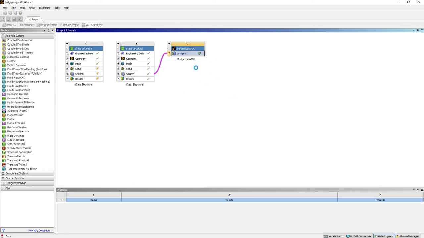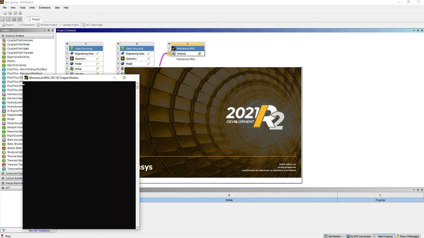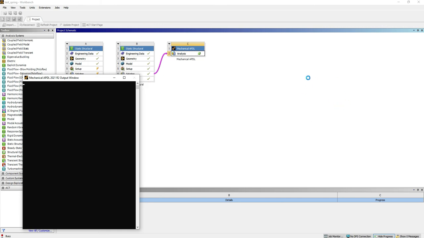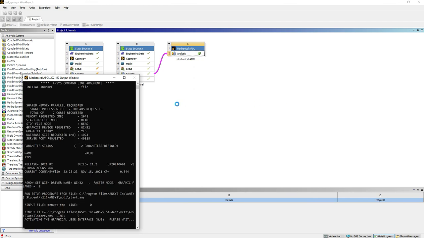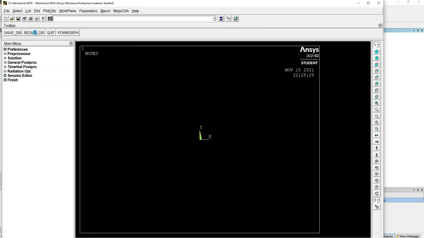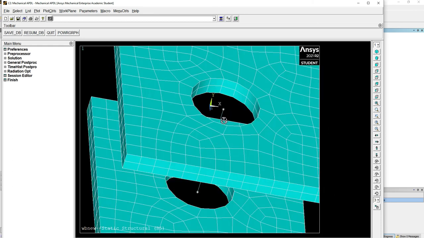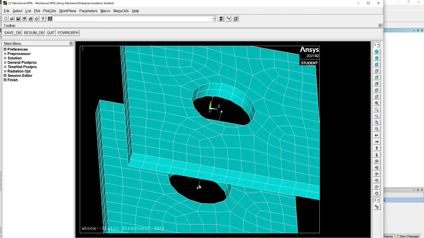Only thing is that in Mechanical APDL, this spring is actually visualized by some line elements, so you will not be able to see the spring the way the visualization was being done in the Mechanical GUI. It will be shown by a simple line element connecting top and bottom faces. So let's click on resume DB. So here you can see this is the line element that is being connected from two pilot nodes that correspond to top and bottom hole faces.